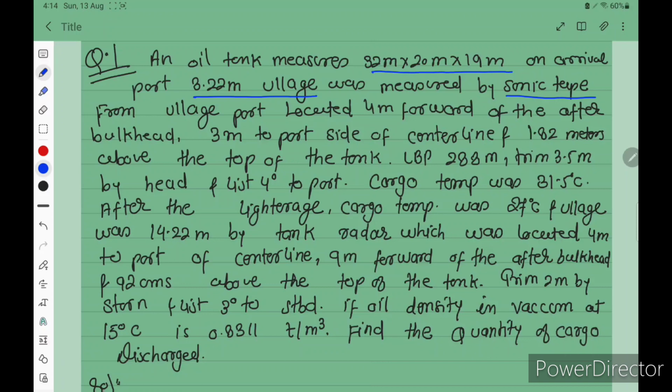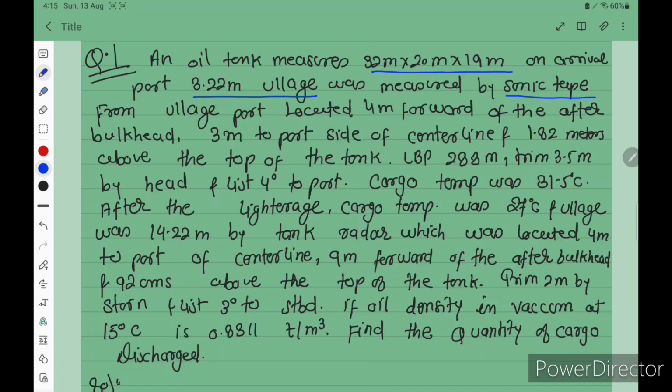The location of the ullage port is given, which we use in the formula: 4 meter forward of the after bulkhead, 3 meter to port side of the center line, 1.8 meter above the top of the tank. Length between perpendiculars 288 meters, trim 3.5 meter by head, vessel down by head, list 4